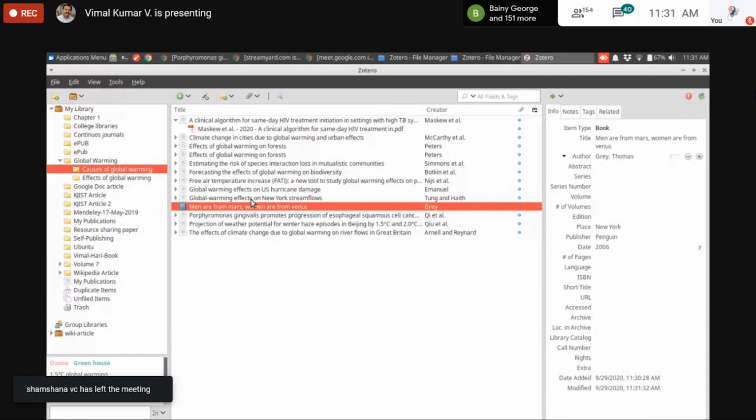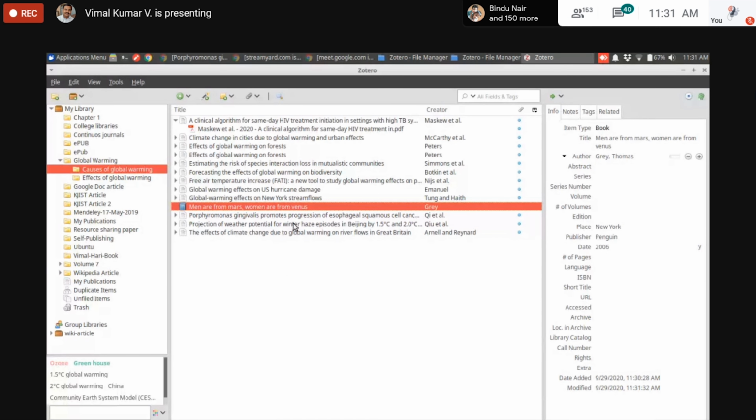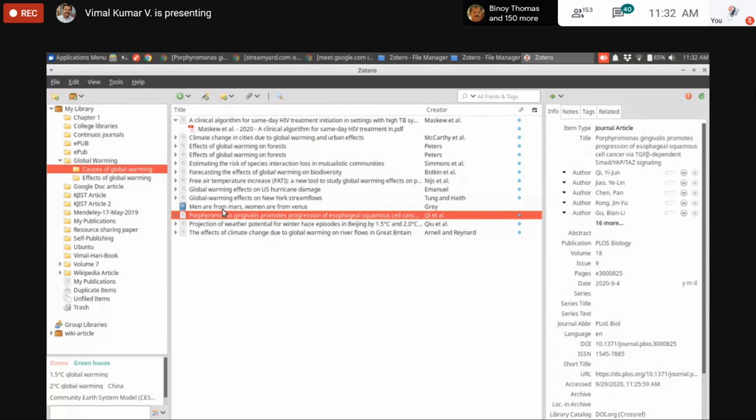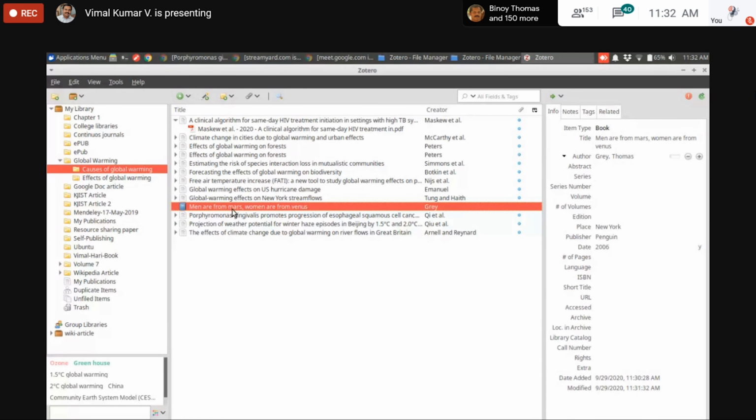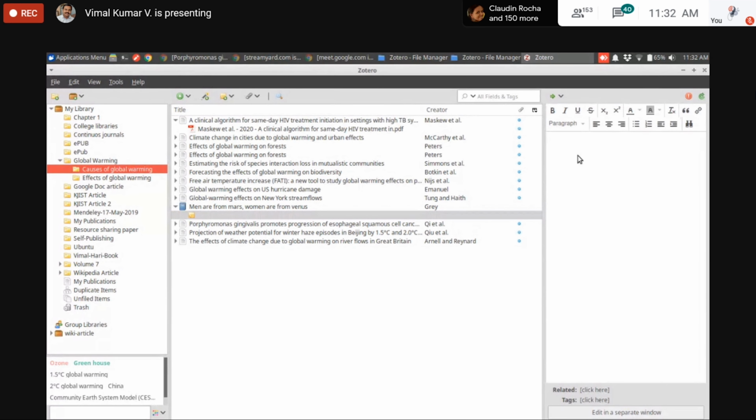Okay, this way we can add a new item from scratch using this green button. You can select any item from this list, and then we have to add the details of the reference. On the left side, you can see the metadata of the scholarly literature. This is the information regarding the book. In the next tab, you can see Notes. In Notes, you can add any note regarding this book. Suppose you are going to write an abstract of the book for your literature review, you can type it here.